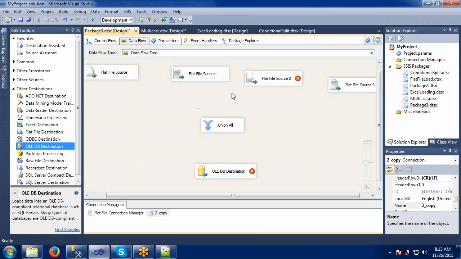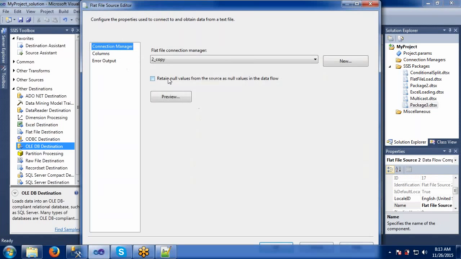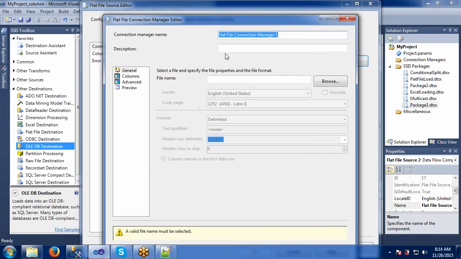That's why we are ticking that option. We will take the third file.